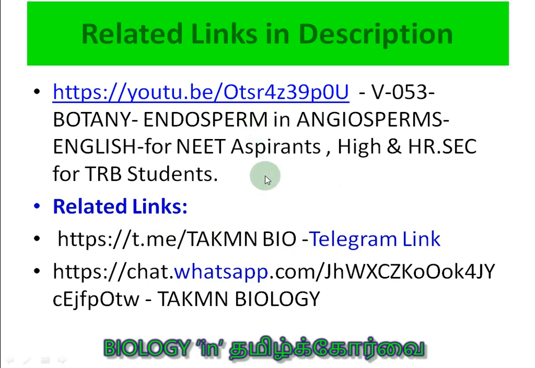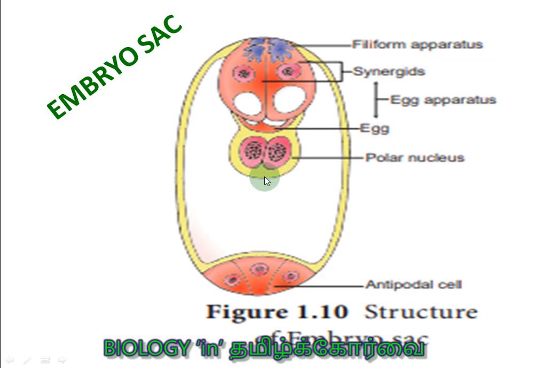Now this is the embryo sac, student. We already discussed it in the endosperm part 1. The embryo sac, that is the female gametophyte, you can see the 8 nuclei, 3 towards the micropylar end, 2 synergids with 1 egg, and 2 at the middle, which are called as polar nuclei, and 3 towards the chalazial end, they are called as antipodal cells. So in this embryo sac only the endosperm is going to form. So you must be very clear about this. So this is the exact location.